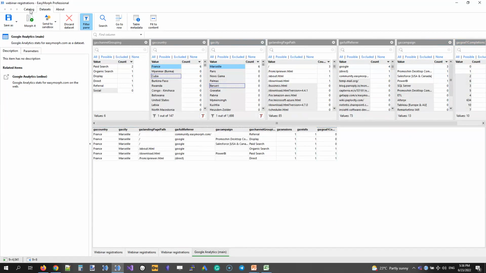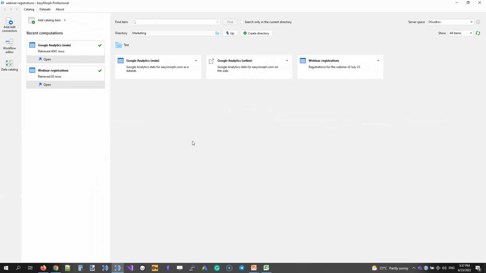How about other item types? Let's look at this item. It brings us to the Google Analytics web portal because it's a web link item. When I press retrieve, now I'm going to our Google Analytics portal.